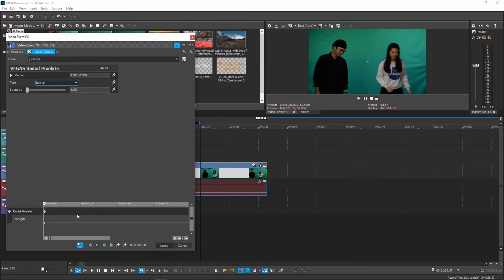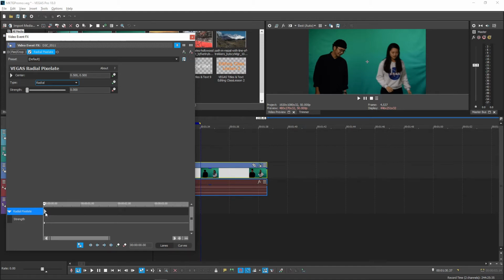Place your playhead where you want your first keyframe to be, then add a keyframe by using the Create Keyframe button with the diamond icon and plus sign. Keyframes show up as diamond icons on the timeline. Once the keyframe is created and your playhead cursor is over it, any changes you make will automatically be saved.